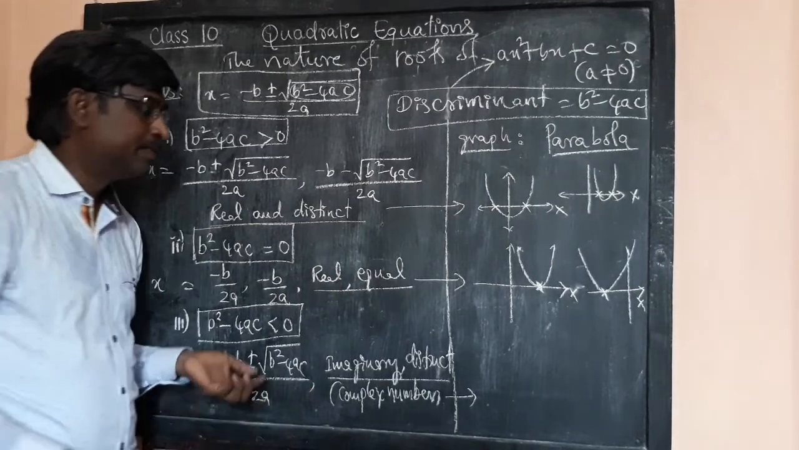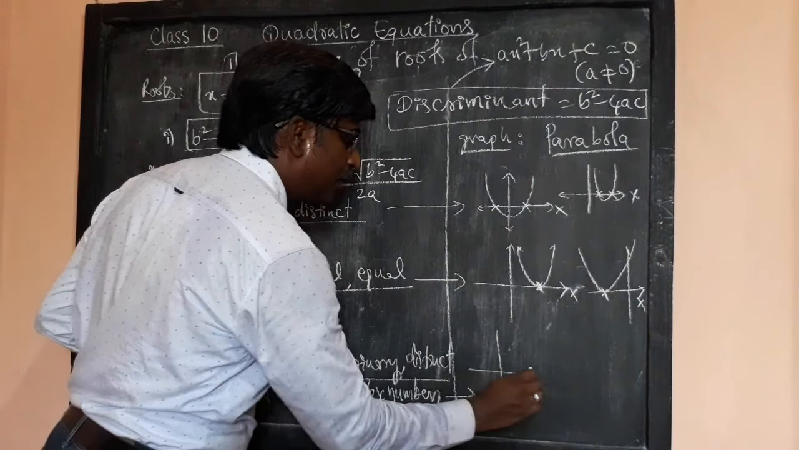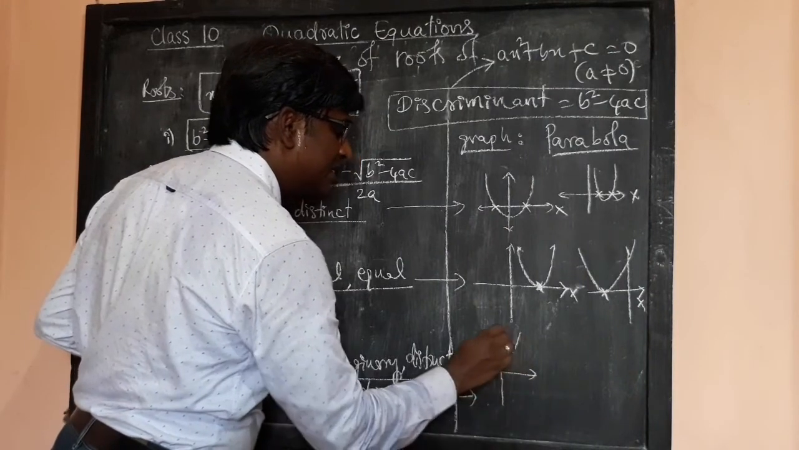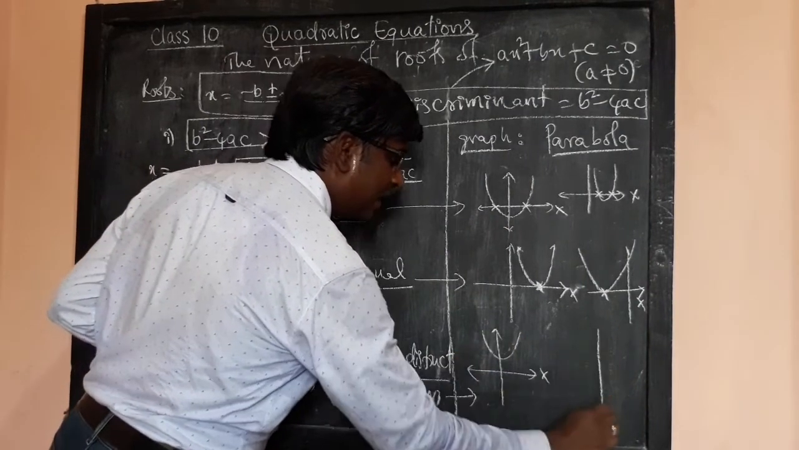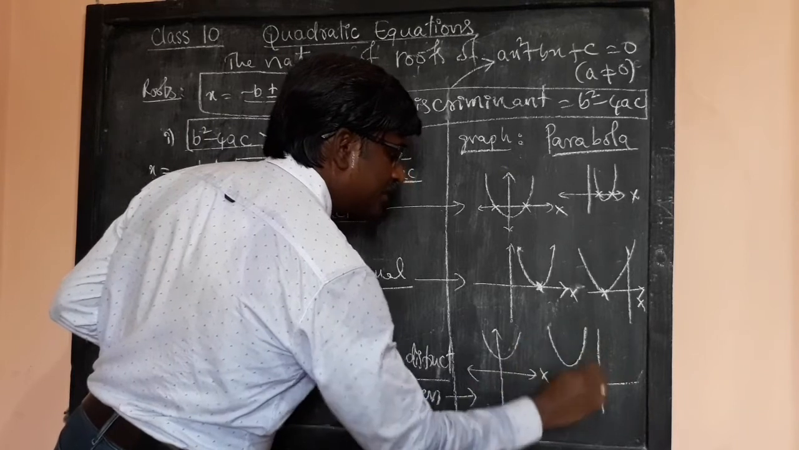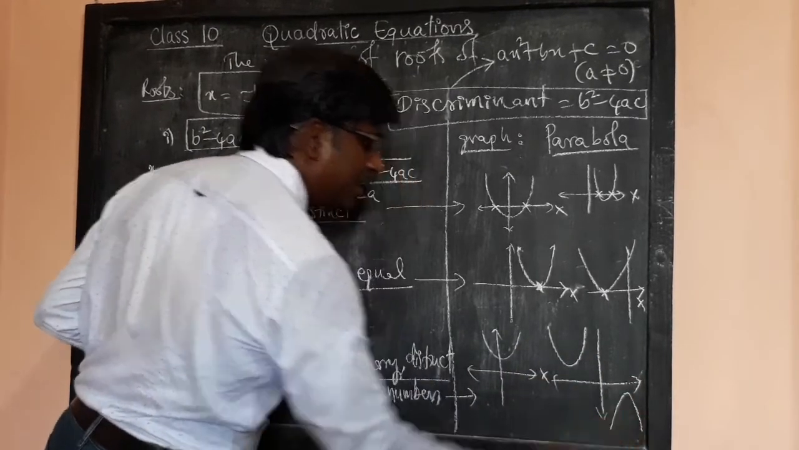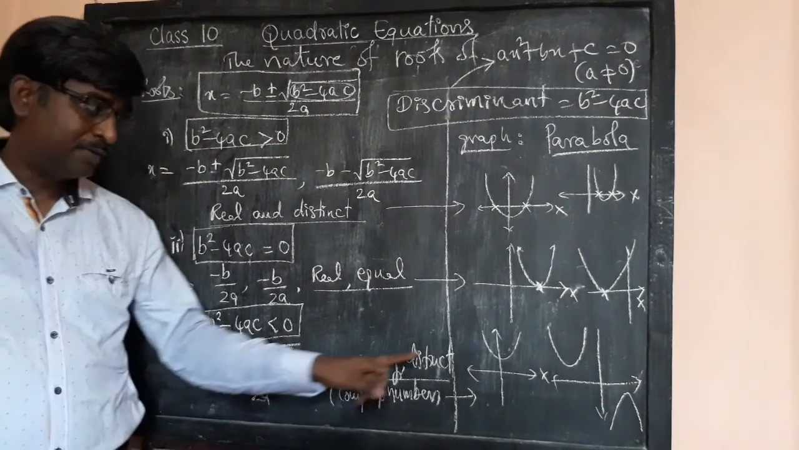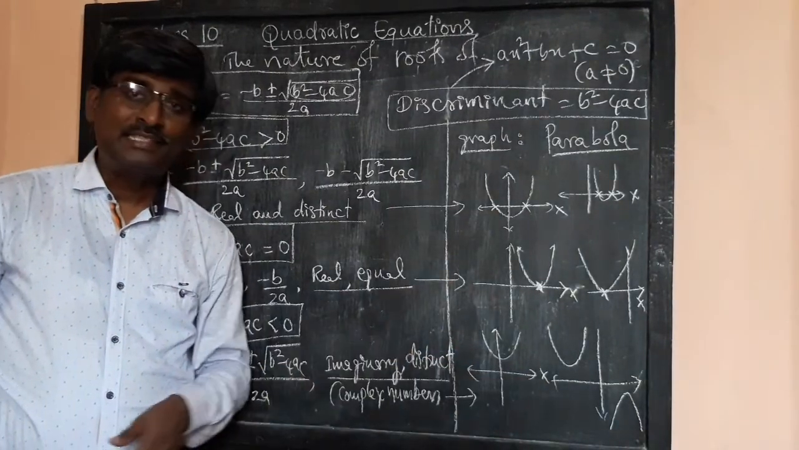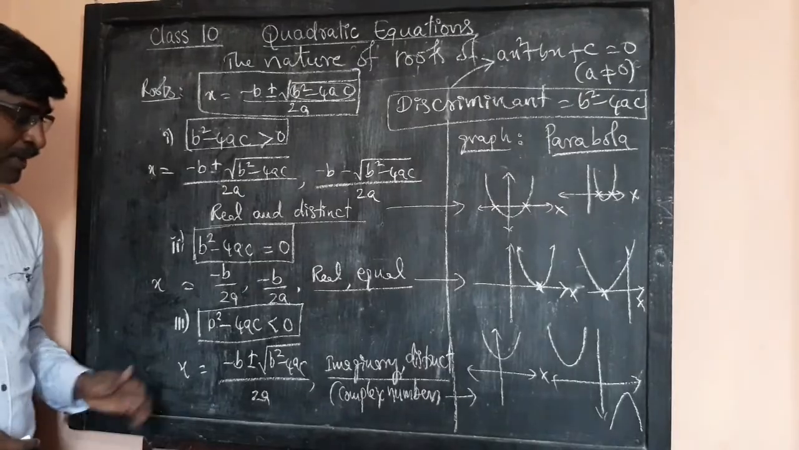According to this case, the parabola doesn't touch the x-axis, either like this or like this or some other cases like this. Okay, so there is no intersection of the parabola with the x-axis. So this is about the